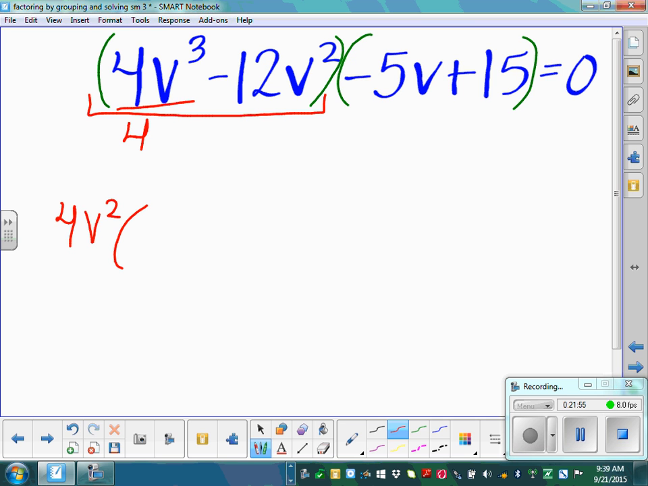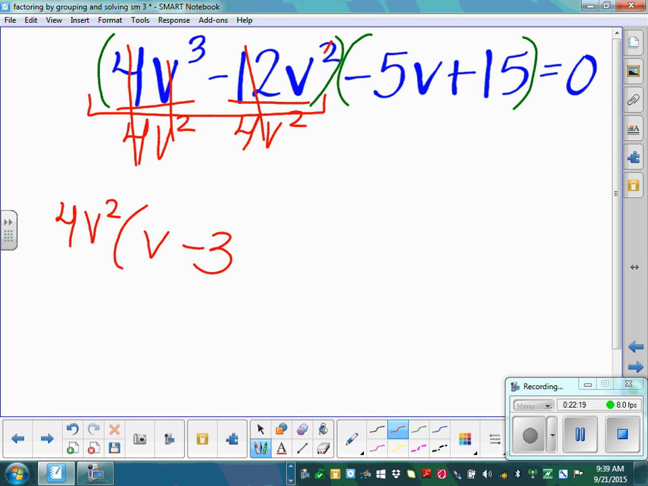Let's say you didn't know. Go back and write it. You're dividing both by 4b squared if that's what you pulled out. So 4 divided by 4 becomes 1. v cubed divided by v squared is v. So we're done with this first term. And then we have negative 12 divided by 4, which is negative 3. And then v squared divided by v squared is